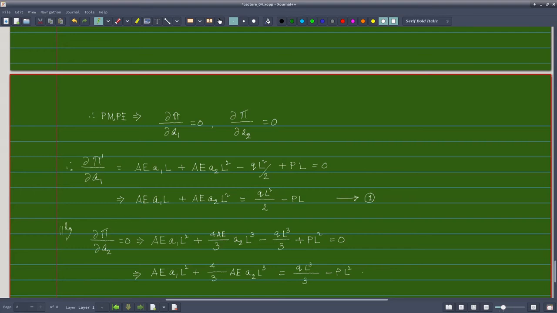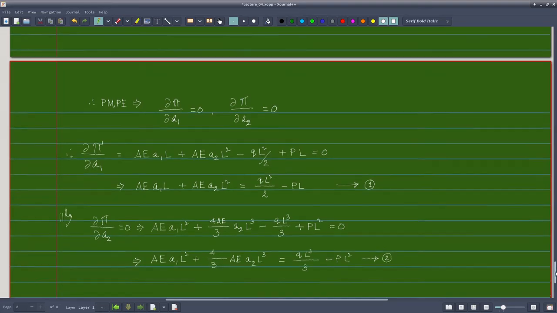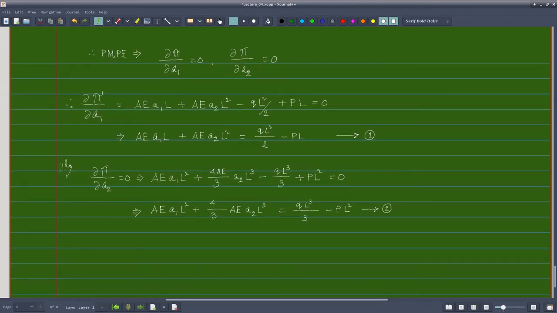So this is my equation 2. Now I need to solve these equations 1 and 2